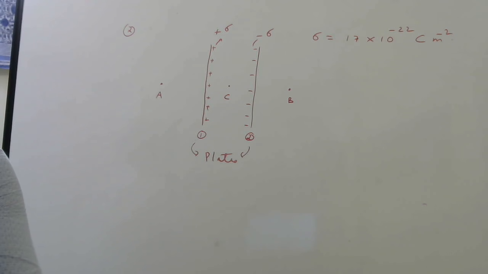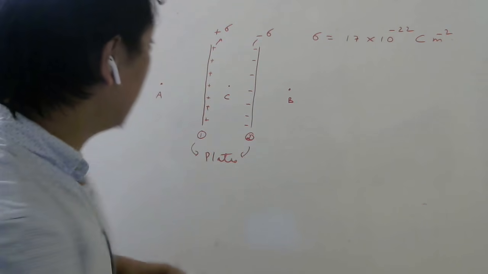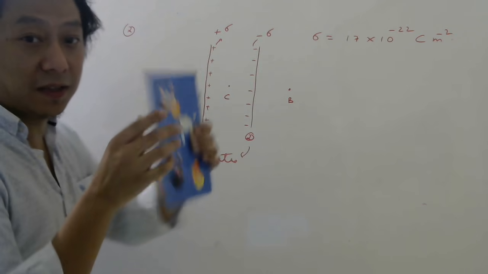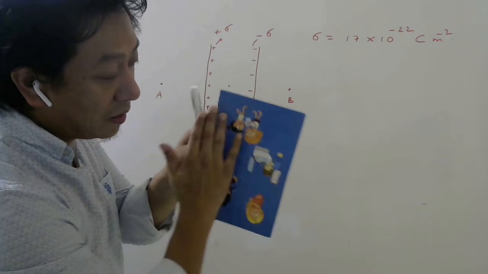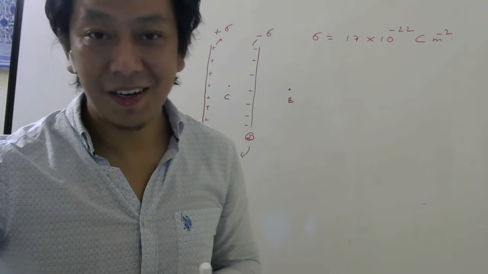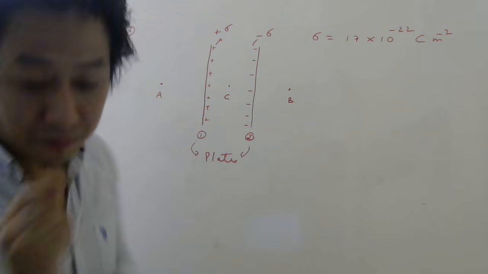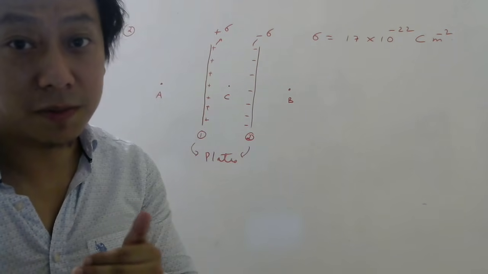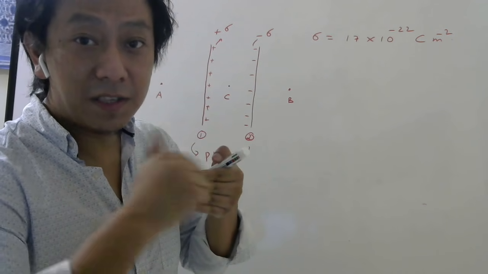Okay, so let us calculate. Now, how many charged plates are there? Two. See, if you look at this part, this is a plate. Okay, students, let me show you. This is a plate like this. So these charges are on this plate. If you look at that part, it will look like a sheet of charge. And for a sheet of charge, we know the formula for electric field. Tell me, sigma by 2 epsilon naught. That is the magnitude. Direction, well, if it is positive charge, away, negative charge, towards.